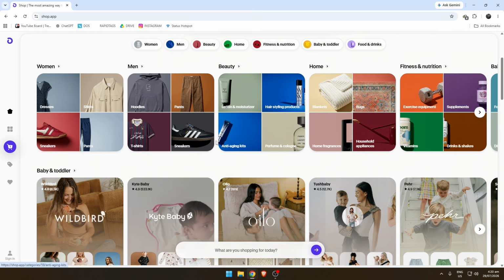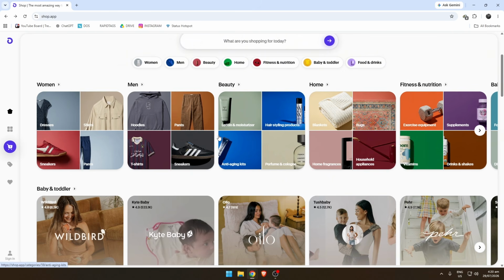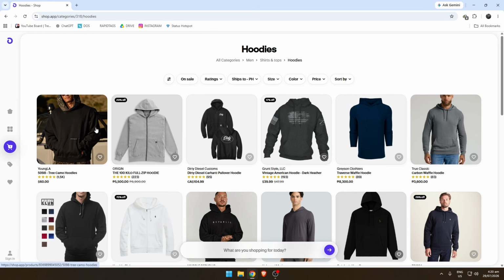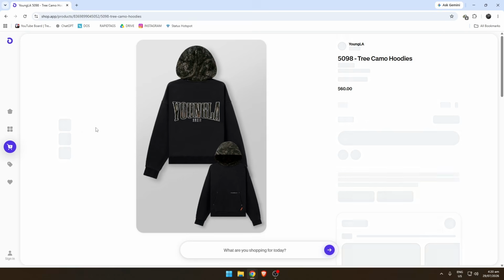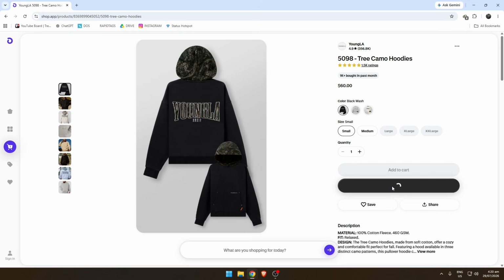So, of course, the very first thing that you're going to have to do is go into our payment tab. So, say, for example, I'm going to be choosing a random product right here. Say this one. And then if you go ahead and click on buy now, of course, you will be redirected